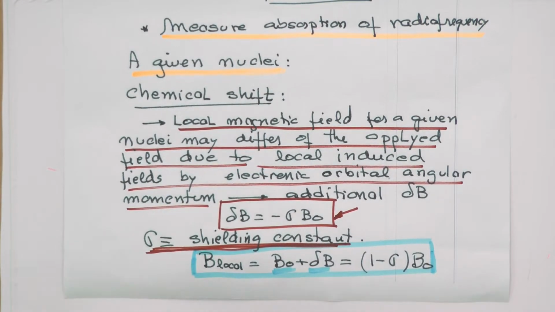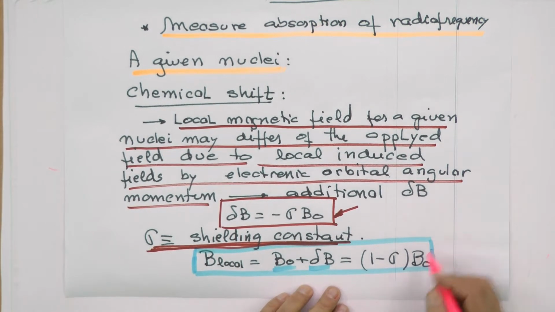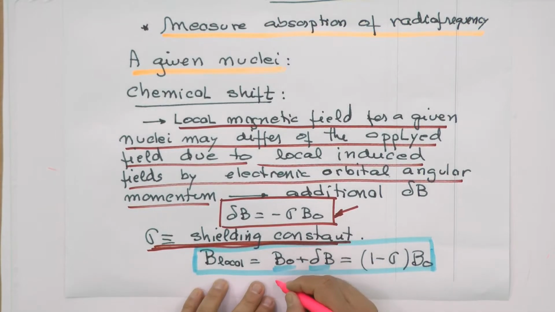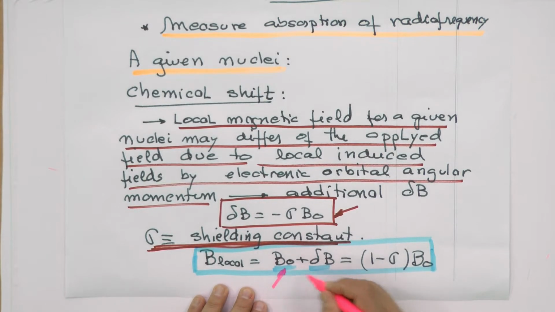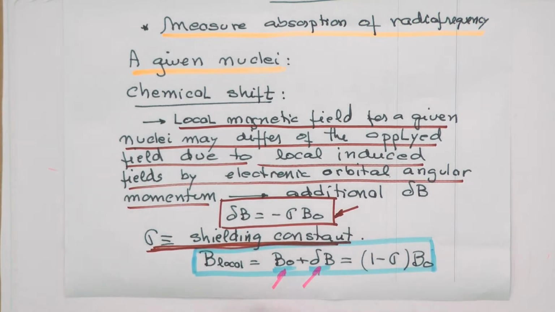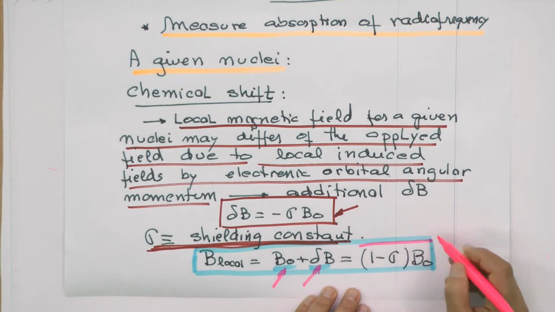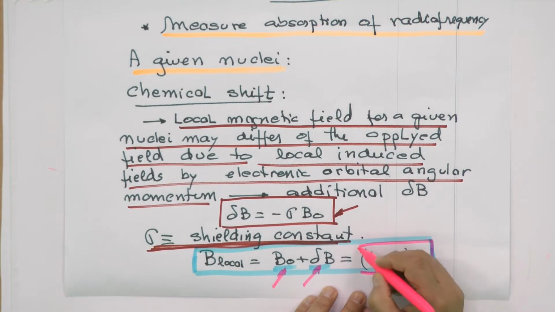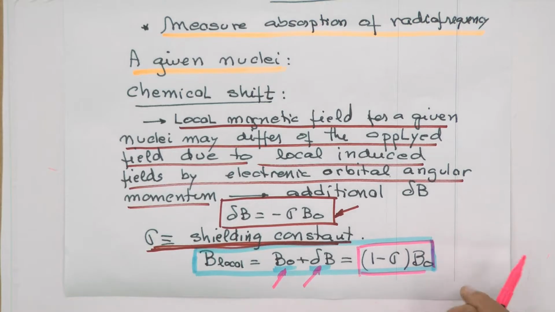So actually, because of this local response to the main field that I apply, the overall field that the spin component of the nucleus really feels is a composition of the field I apply and the local field variation. So normally we write it as (1 minus sigma) times B0. So there is a kind of characteristic way,